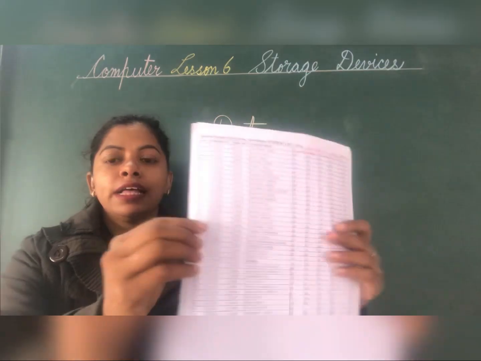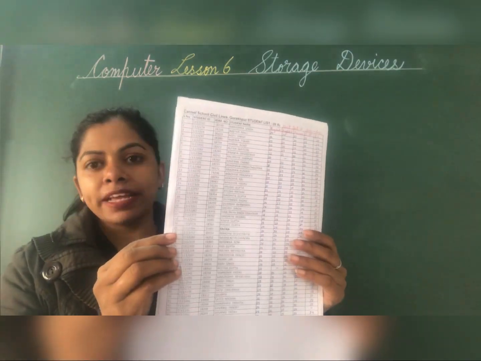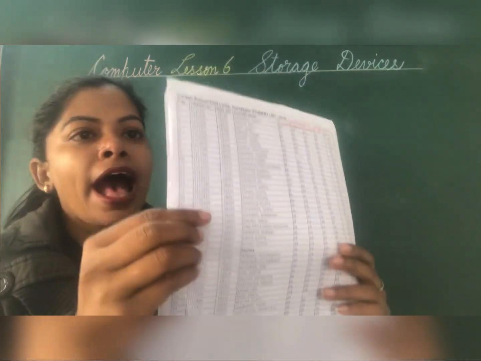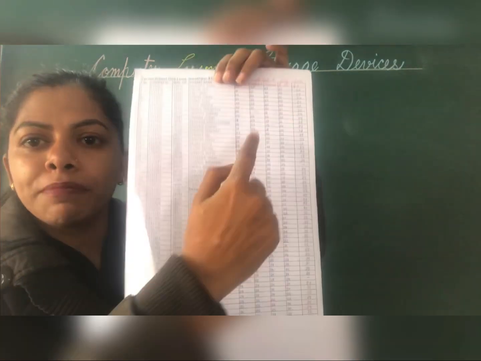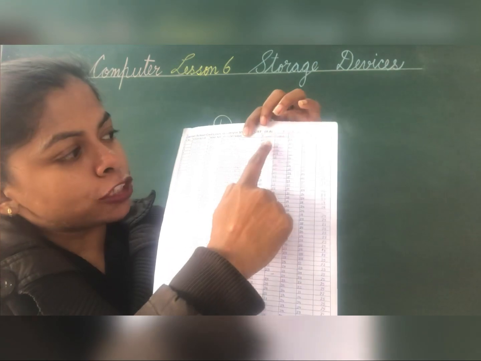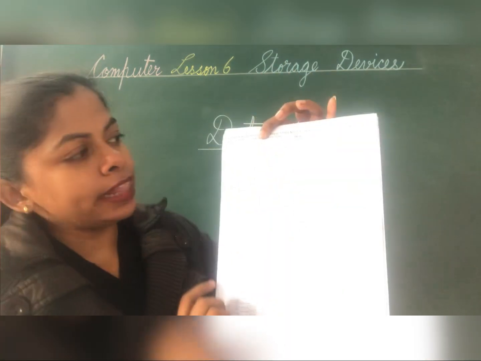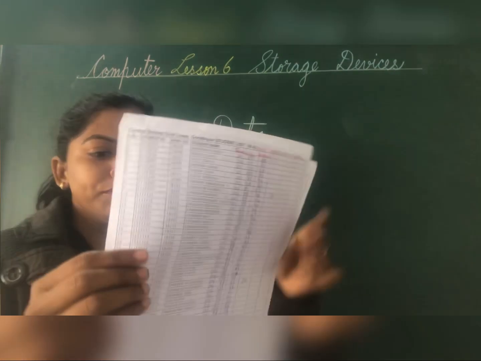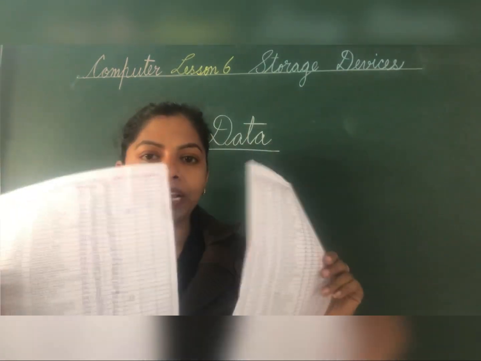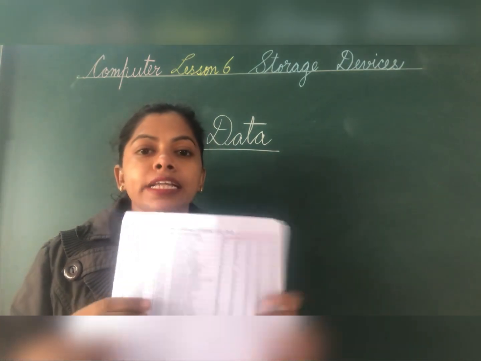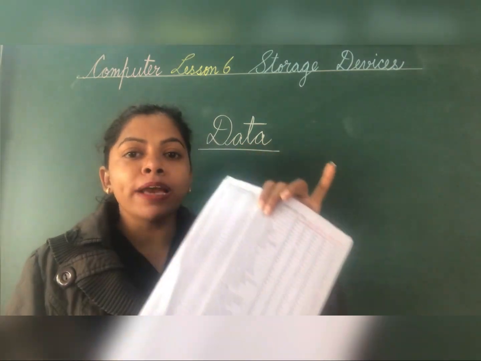Now this is the list of my class. Students' names are written here children. And now what I have done, I have written their marks here: English 1, English 2, Science, SST marks, and then children I have made another list and again there I have written computer, GK and maths marks. Okay. So this is the list that I have made. The list that I have made is the data. This is the record of the marks of my students.